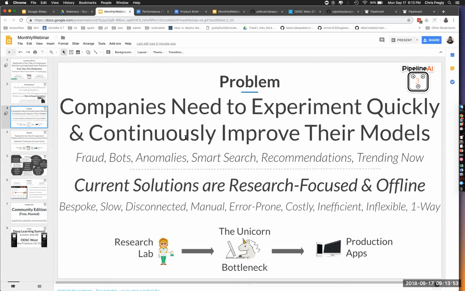We see quite a lot of these one-off solutions that have a manual component, where you're manually trying to rewrite models from Scikit into C, or from R into Java, something like that. There's a lot of room for error. These are costly. These are not scalable. There's always the ML engineer bottleneck. These are inflexible. There's no way to automate this or inject any kind of smartness into it. And this is one way, so there's not a lot of feedback going on. We're basically always behind the eight ball pushing these models out. That's the problem Pipeline's solving.